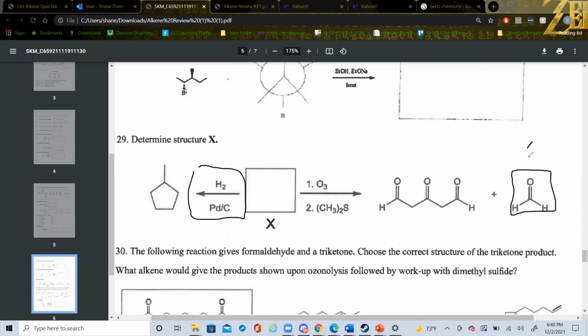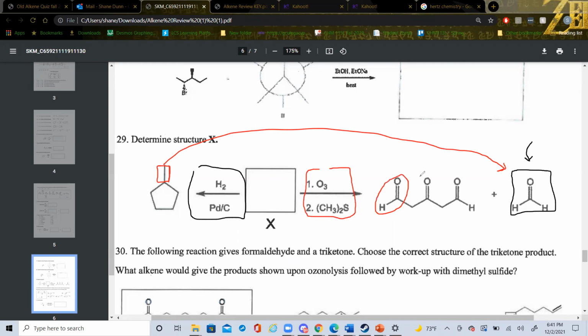So since I have a whole other product right here, I know one of my double bonds is going to be right there. Because when this guy reacts, it's going to split this off and make that guy turn into this guy. The carboxylic acids right here and right around here